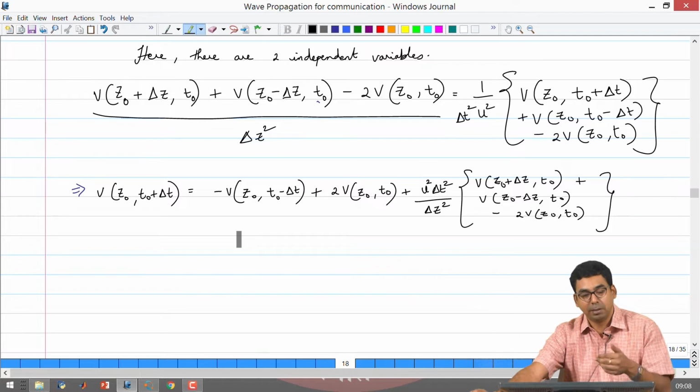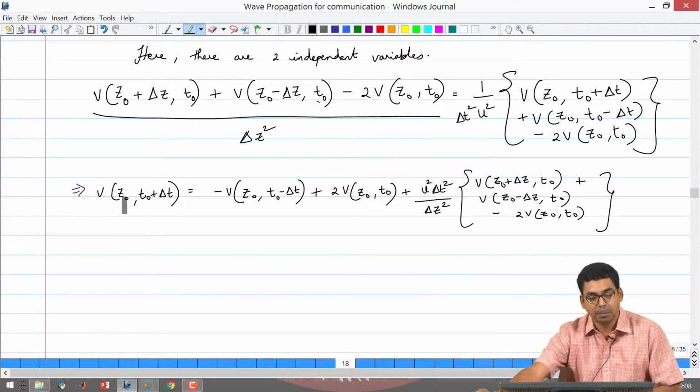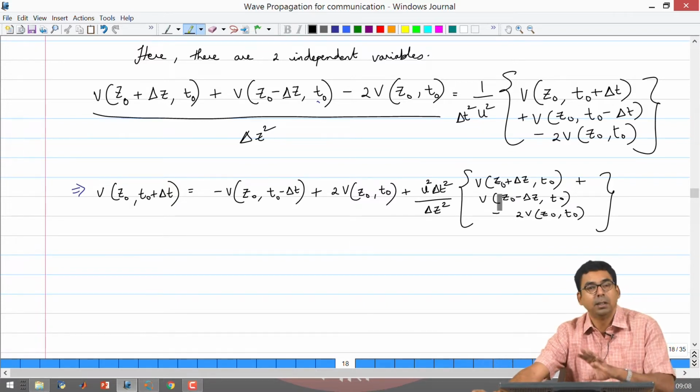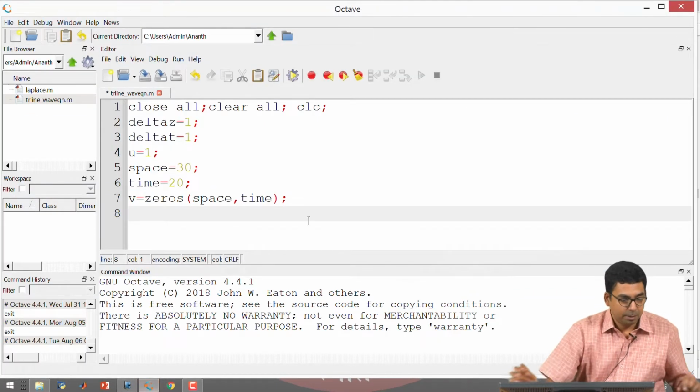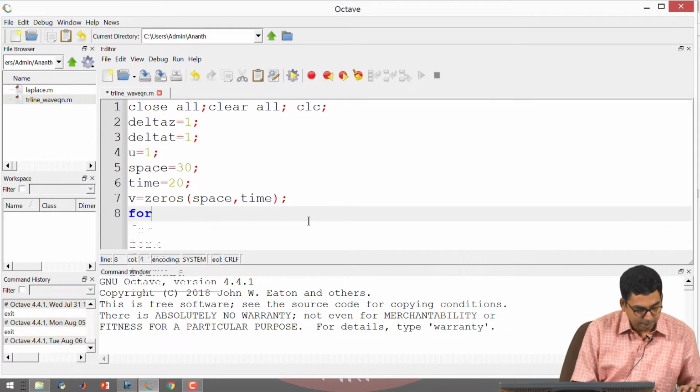So, every instant of time you are going to be calculating at a position and some instant of time based on the values of the voltage in that same position and in neighboring positions and past instants of time. We just have to take this and code it in our program. Okay. So, I am going to use a for loop to achieve this, so, right, for t equal to